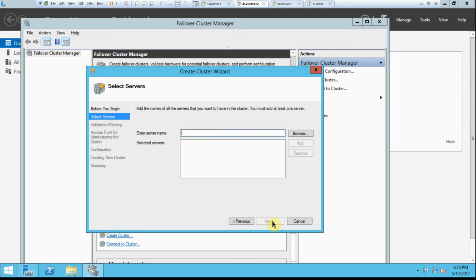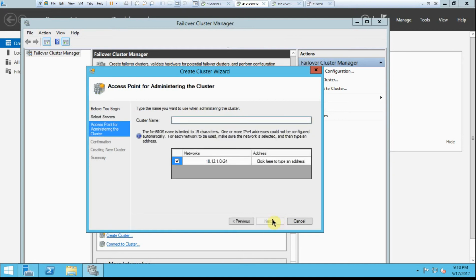In the Select Servers window, type 412 Server. Let's type it correctly, SERVER2, and then click Add. That takes a second, and then we're going to do 412 Server 3 and add that one as well. And once they are both in here, then you click Next. In the Access Point for Administering the Cluster window, type Failover 1